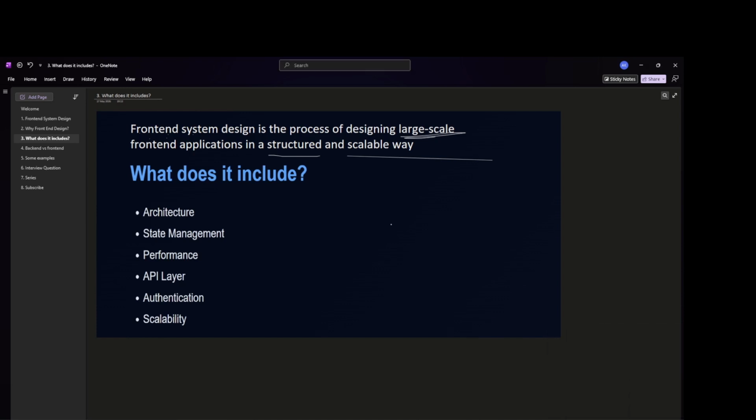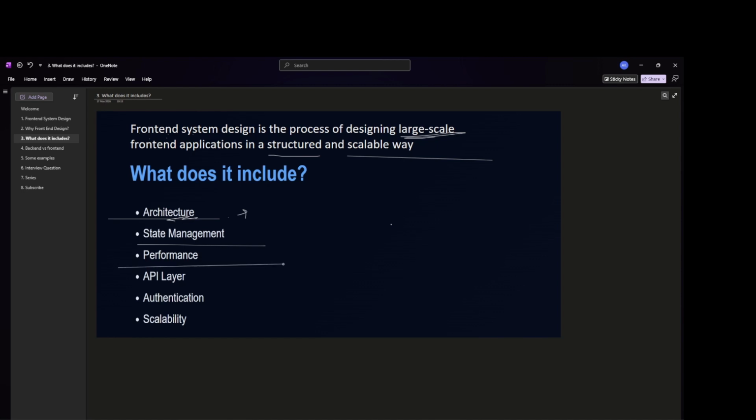The first thing is architecture. Architecture means how the project should be organized. Then state management: how components should communicate, how we should manage state, whether we should use Context API or Redux or anything else.